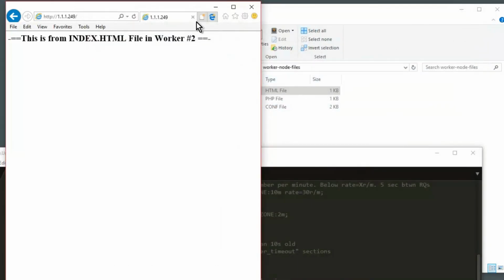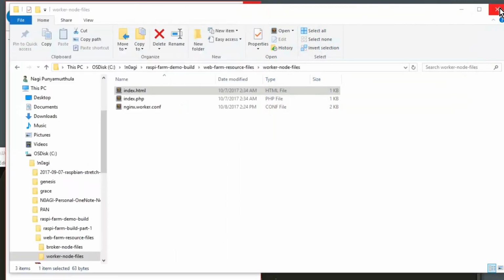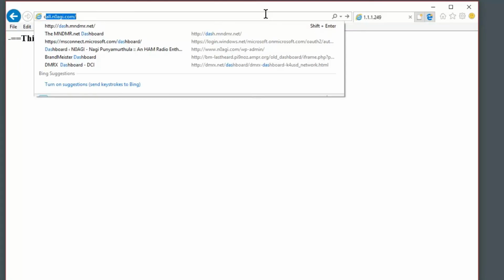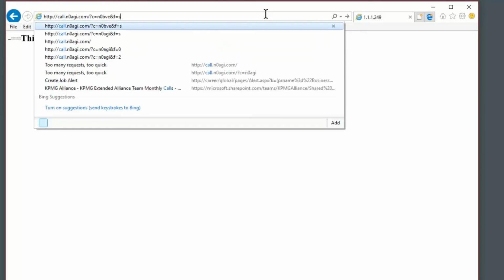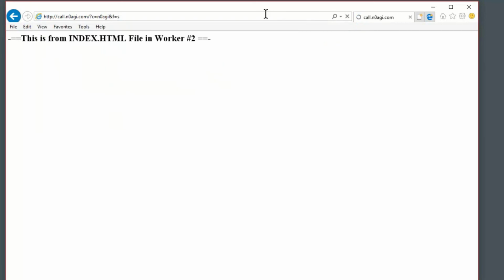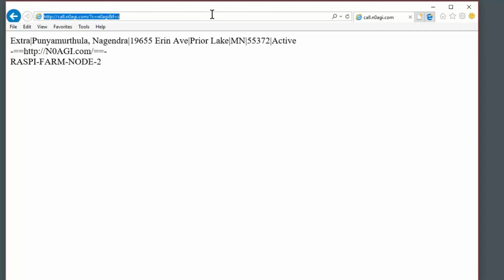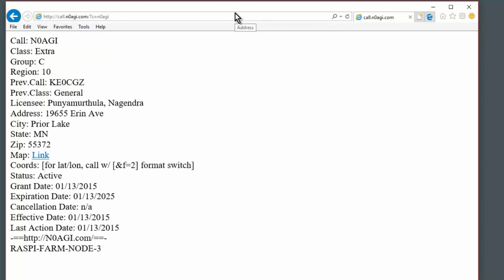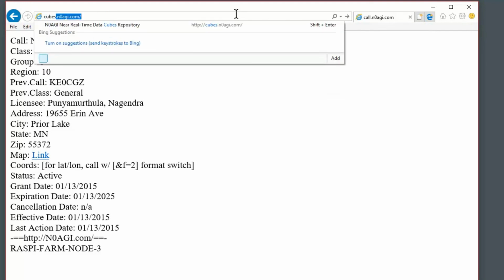So I'm going to show you guys a quick view of what runs in my cluster number 1. So if you go to call.n0agi.com, I showed this to you in my part number 1. So that's the call sign lookup service that's running on the web farm number 1, and that's another view of it. That's one service. Here's another one,